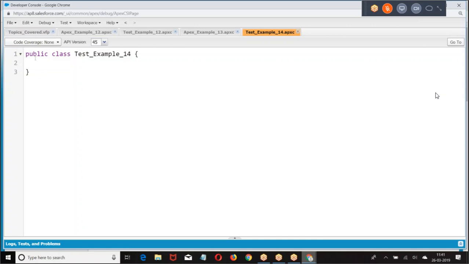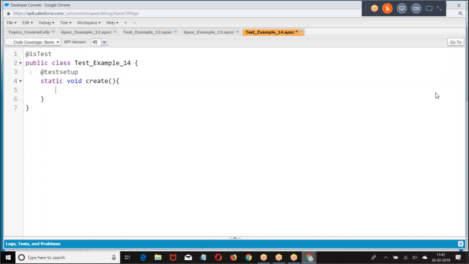So create a test example, then create dummy data.